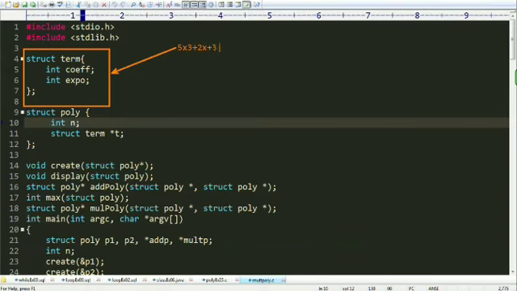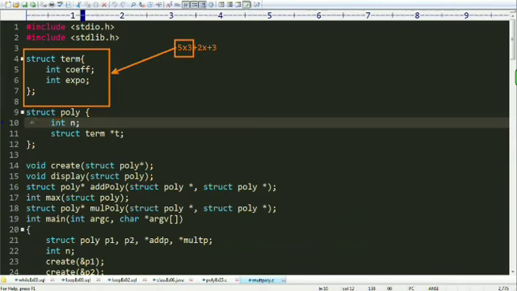Then 5x cubed is the first term of this polynomial. When we create the structure, we think of this term, and from this term we can create a structure term which has a coefficient and an exponent.